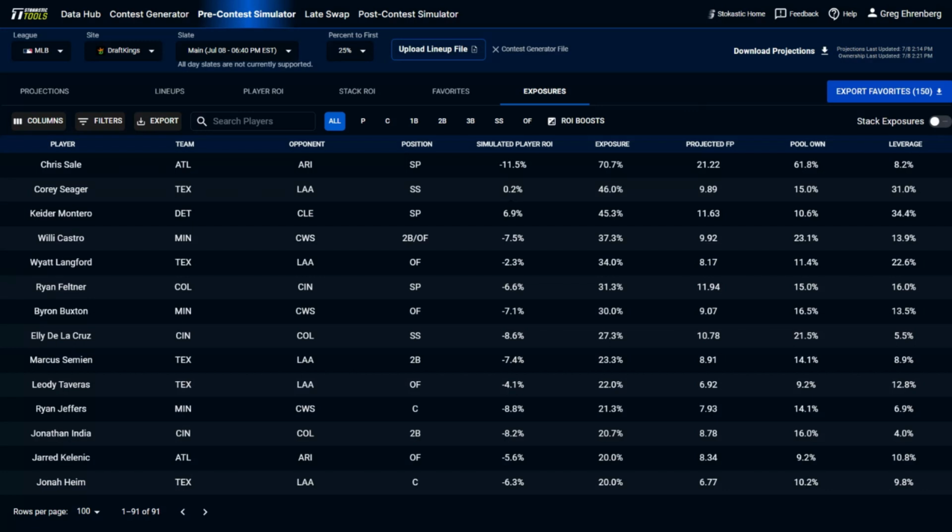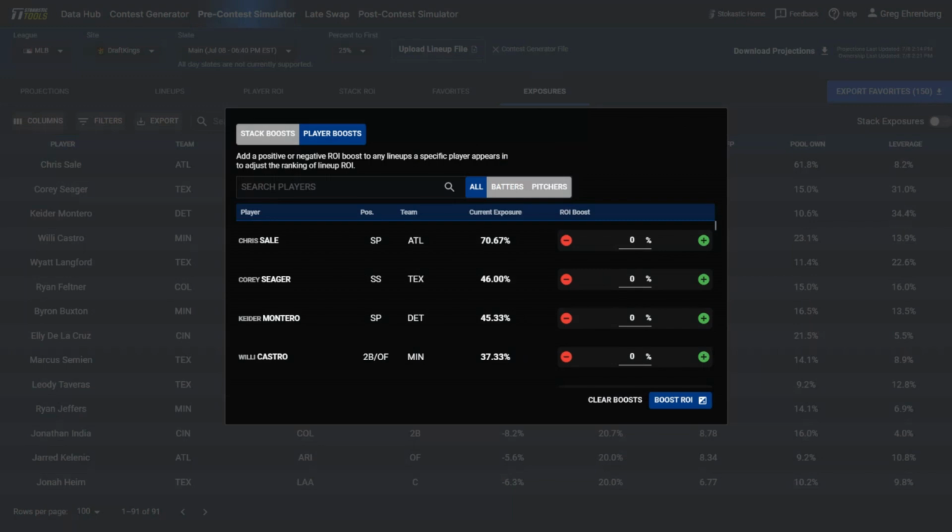It's also worth noting that all the lineups that are built in the contest generator are going to be unique on a run-by-run basis. Just because you run a sim and you build lineups in the contest generator and somebody else builds them with the same settings, it doesn't mean that it's going to give you the same lineups. It is going to build different lineups each different time you run lineups through the contest generator, and there could be minorly different results as well after you simulate those lineups. In general, though, it's still going to identify the same stacks as being the top stacks, same pitchers as being the top pitchers. Now, if we want to make other customized adjustments to lineups, we